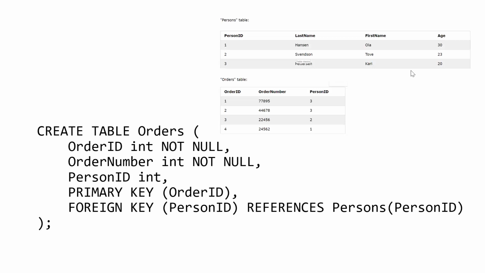Now in this example, you see we have persons and orders tables. You can see that after the primary key on the orders table, we define a foreign key, and it references the person. So now